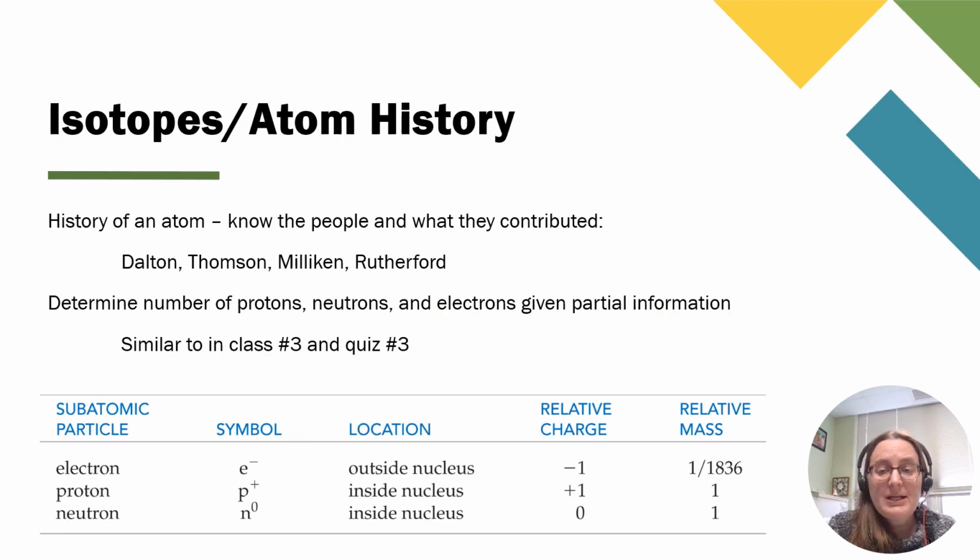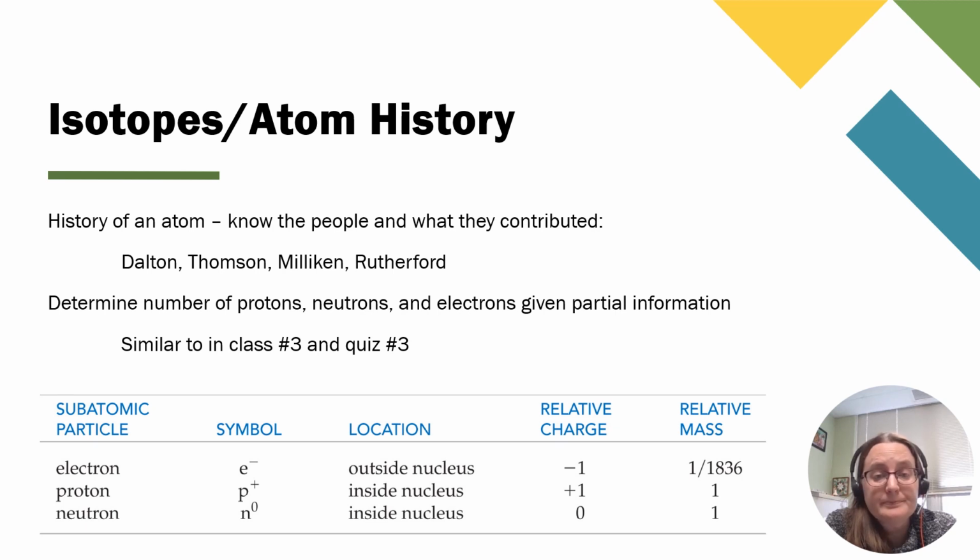Okay. And then the last thing we talked about is isotopes and atomic history. We will not be talking about the relative abundance on this exam. I'm saving that for exam 2, but you need to know the history of the atom, know the people, what they contributed, and the relative experiment that helped them figure that out. And everything that goes with that and work through those. The 4 people that you do need to be concerned about are listed on the slide there: Dalton, Thomson, Millikan,